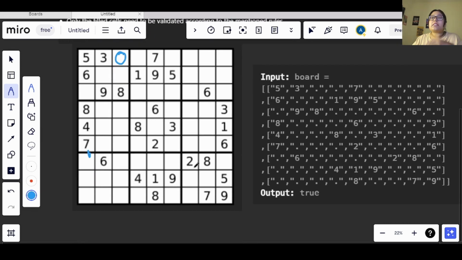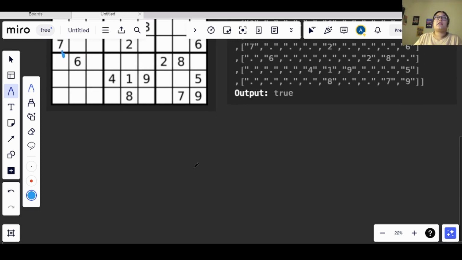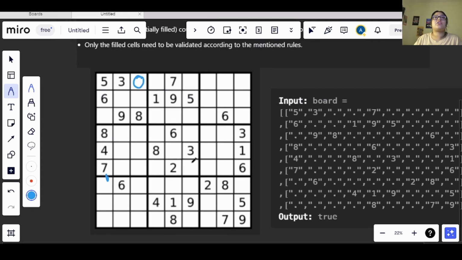So the most approachable way that we can think of here is to start the iteration. We will be using two loops, because we need to access all the numbers. Let's say I have 5 here, so I need to keep a check of that row.